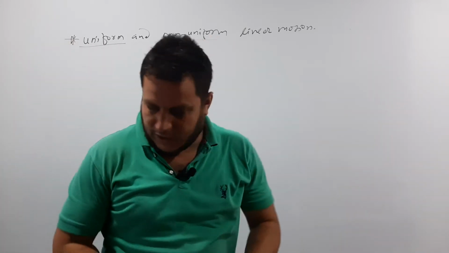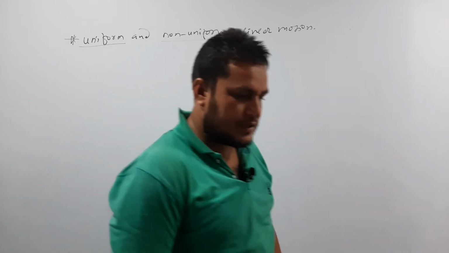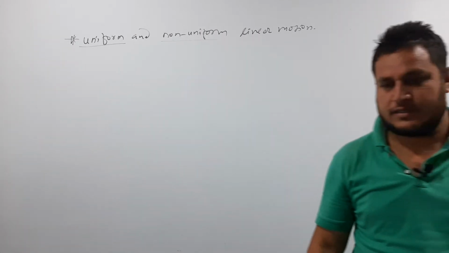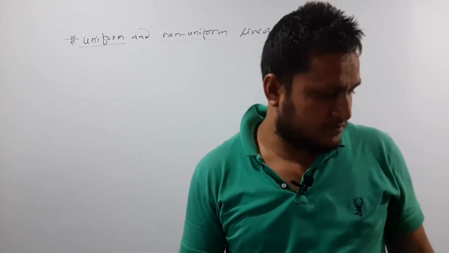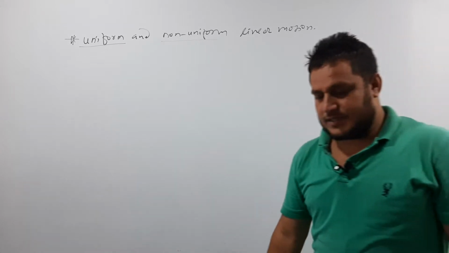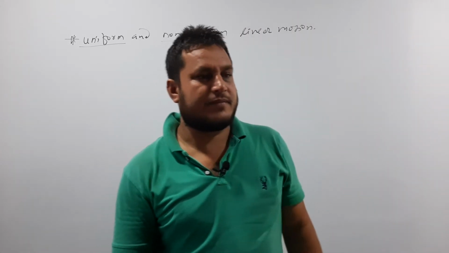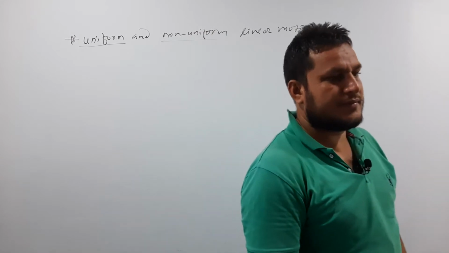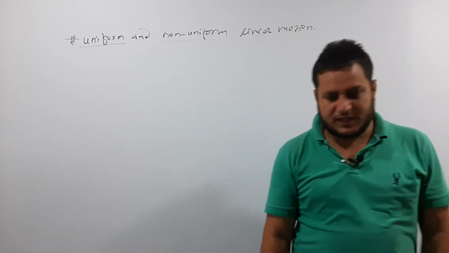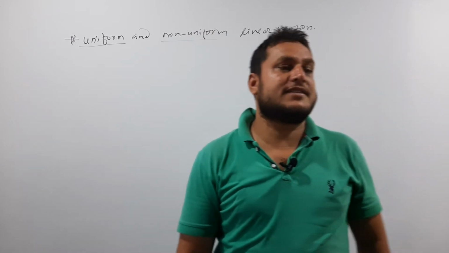Okay, so here uniform means what? If an object covers equal distance in equal time intervals, then it is in uniform motion. And non-uniform motion means what? If an object covers unequal distance in equal time intervals, then it is in non-uniform motion. Okay. In a simple way we can say, suppose